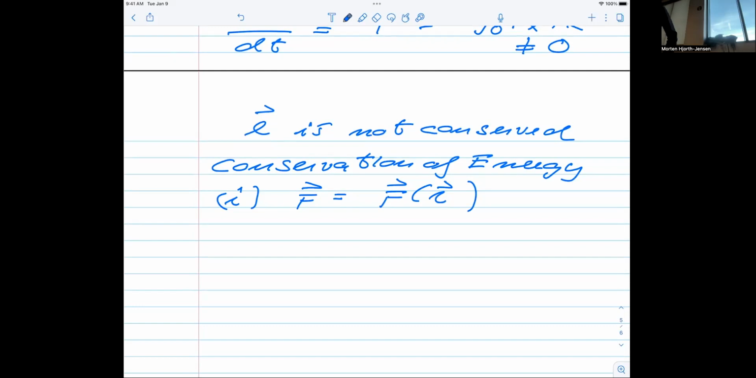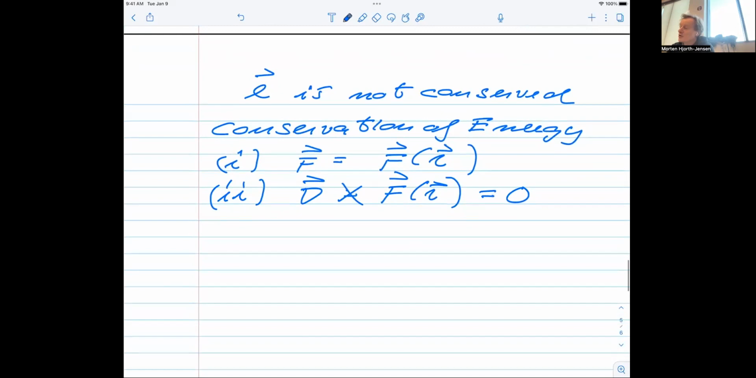Okay, so this is one of the conditions which are important. And then the other one is that the curl of this object, the curl of the force, is equal to 0. And so let me write this curl down, because that's something which you guys are going to practice on Wednesday. So the curl is actually equal